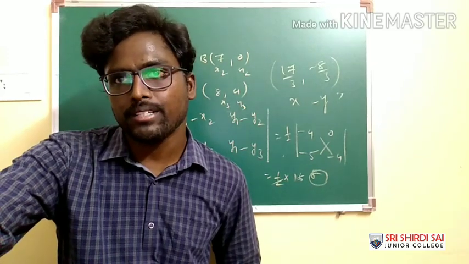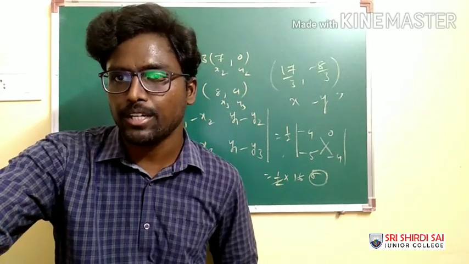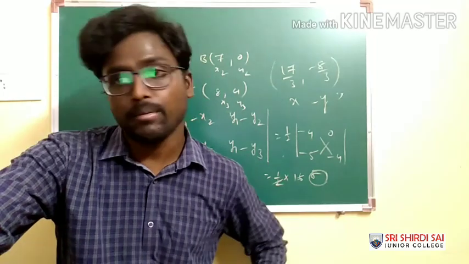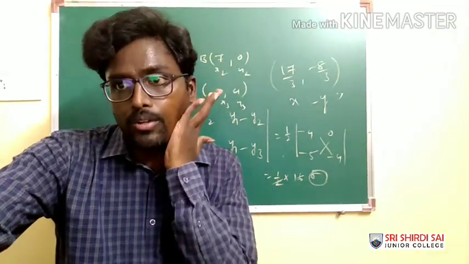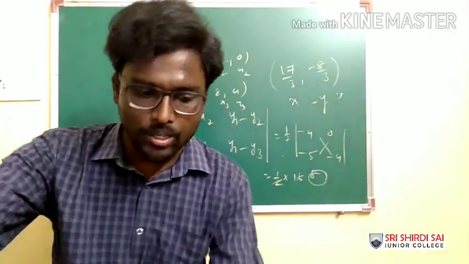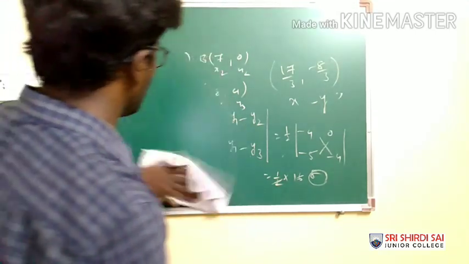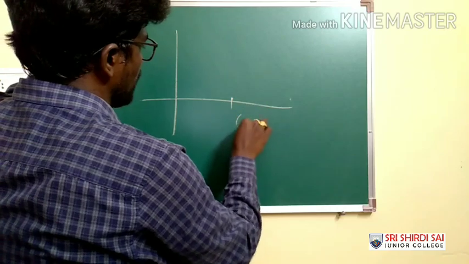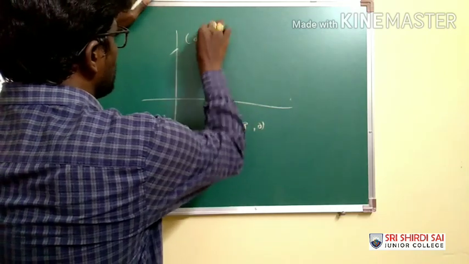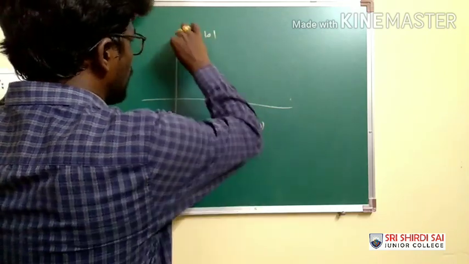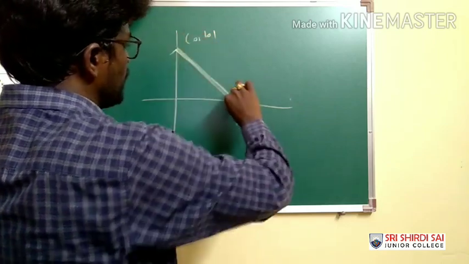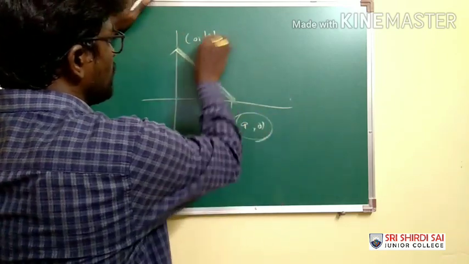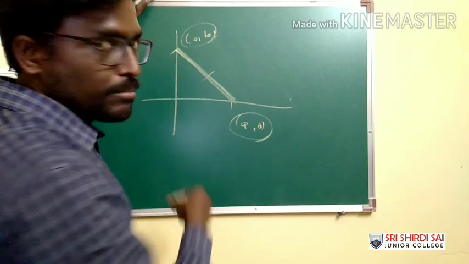If 2 comma minus 5 is the midpoint of PQ, then the coordinates of P and Q are respectively. A very basic question here. What you are going to do is put some coordinates on the x-axis as a comma 0, and 0 comma B. These are the coordinates of some line segment which cuts the x-axis at a comma 0 and the y-axis at 0 comma B. Its midpoint is provided.